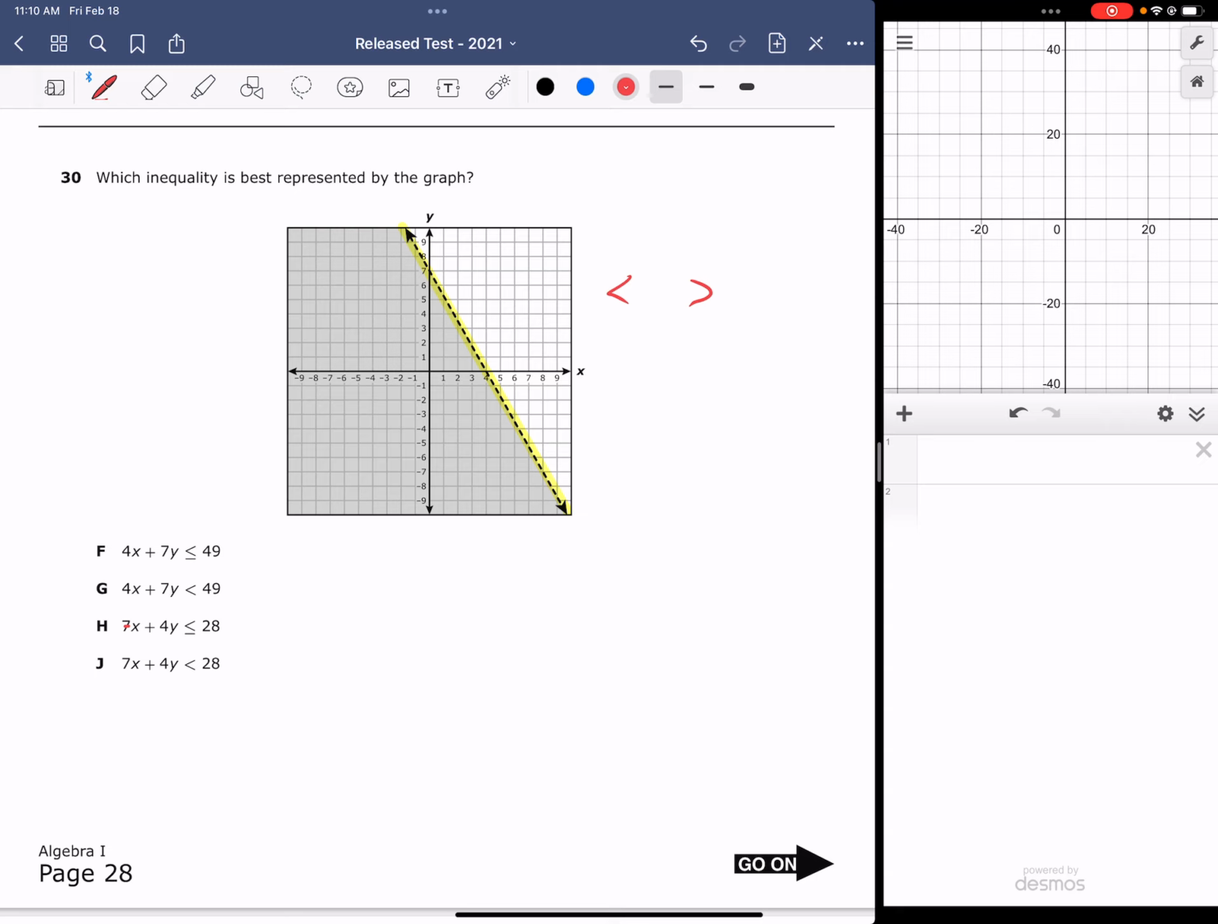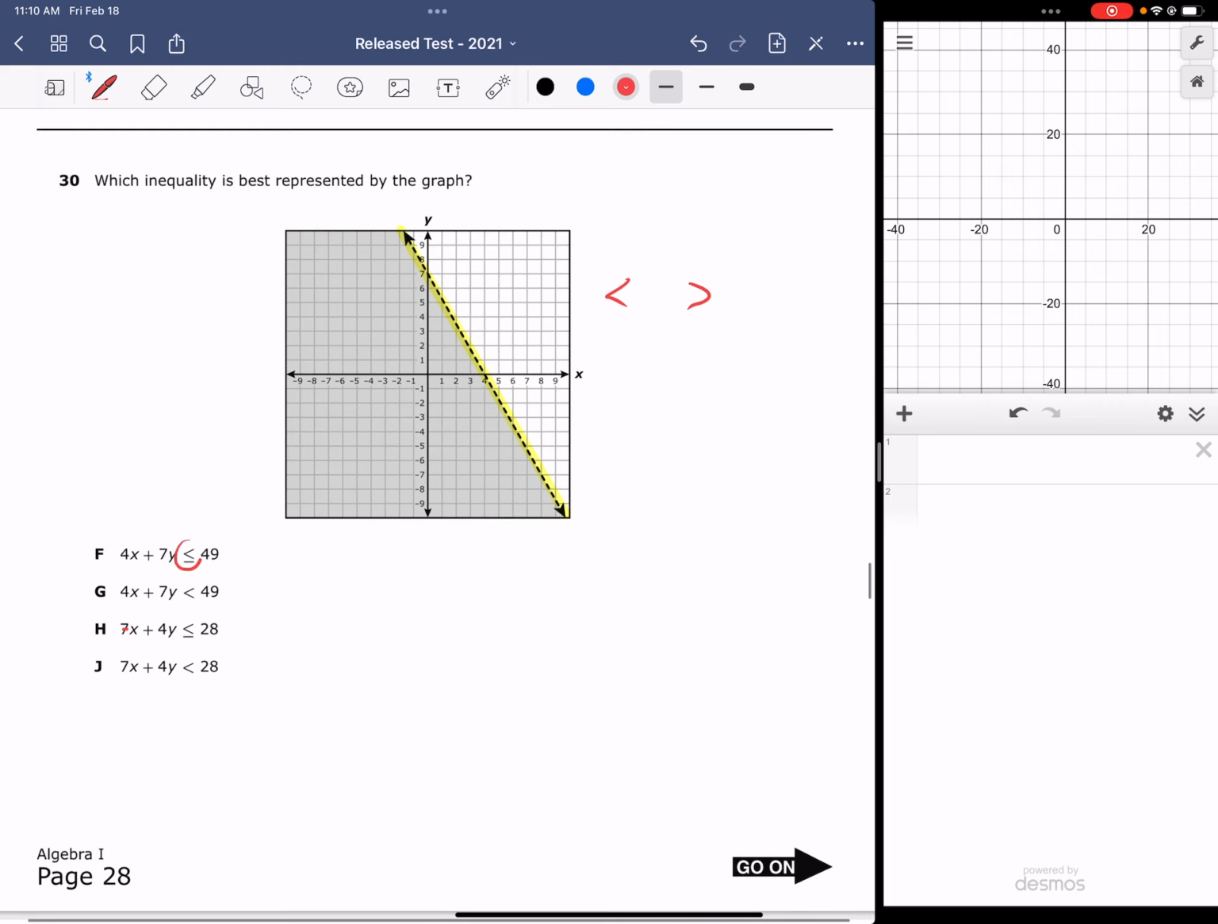So if an answer choice has less than or equal to or greater than or equal to with a little dash underneath, I know that answer cannot be correct. What I see in letter F is a less than or equal to sign, and so that answer choice is wrong. Similarly, in H, I see less than or equal to, and so therefore H is also going to be incorrect. What I can do from here is take the two remaining answer choices